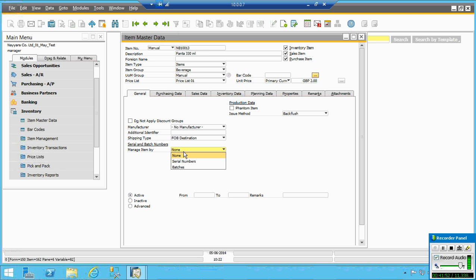Yes, when you say serial number, when you purchase, you have to give the serial number. When you are selling, you have to give the serial number. Similar is the case with batch. If you say batch, okay, this batch pattern is coming into the store. So when I sell this batch item, it is batch 1, batch 2, batch 3. The advantage of using batches is that it is always fine to maintain batch.